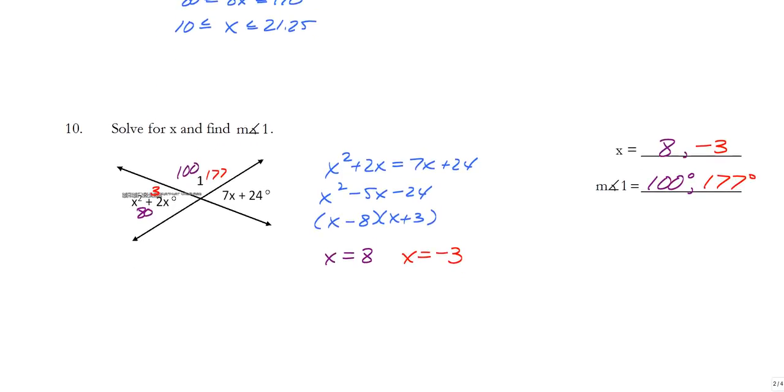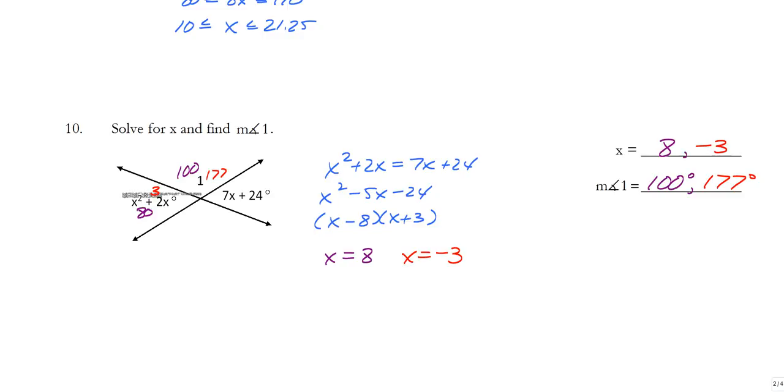Number 10. That's just an example of vertical angles. So you would set x squared plus 2x equal to 7x plus 24. Whenever you are factoring, you have to get everything over to the same side as x squared. So if you subtract your 7x and subtract your 24, you would end up with x squared minus 5x minus